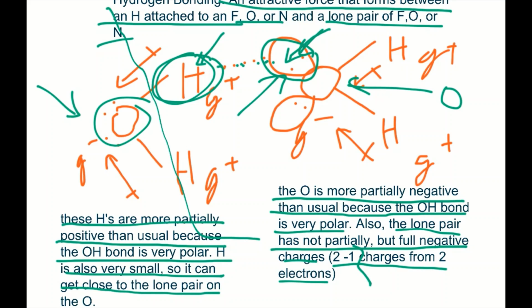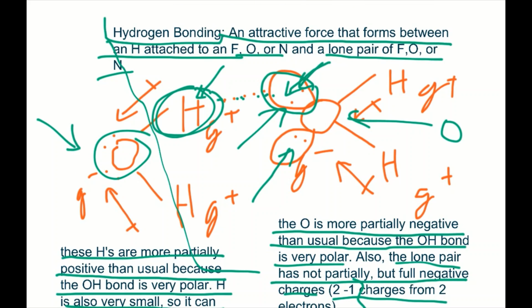So as you can see, these lone pairs are not typically partially negatively charged. They typically have a charge of -1 or greater, and because of that, the hydrogen bond is especially strong since